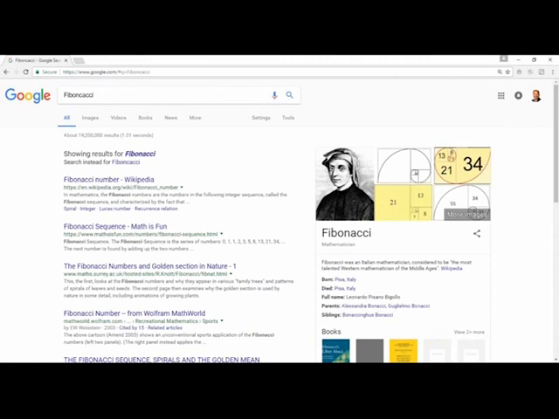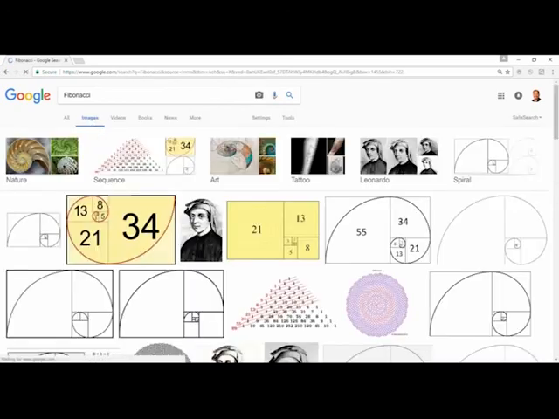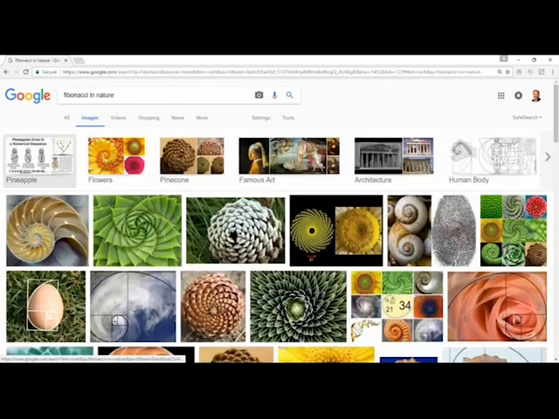Leonardo Fibonacci was a 12th century mathematician based out of Italy, and that's irrelevant. You don't have to be a mathematician to do this. But what he saw is that there was a natural pattern in nature, in the world, in the body, and everything out there, that this pattern repeated itself over and over again. You can find it in shells, on a pineapple, in pine cones.